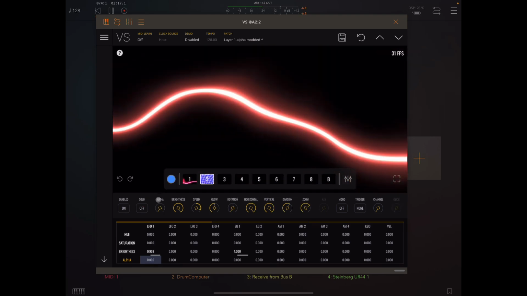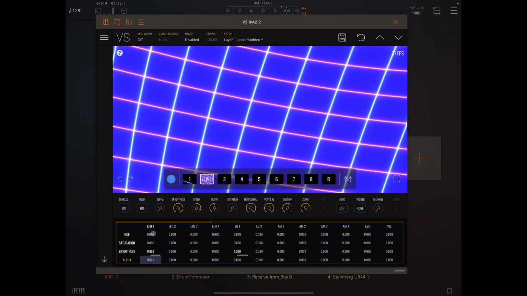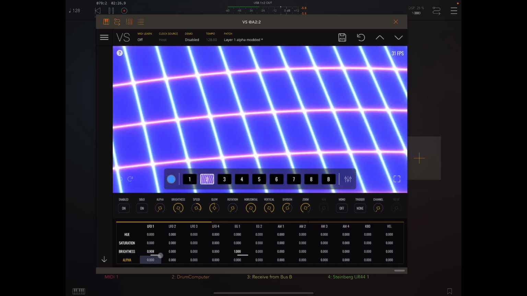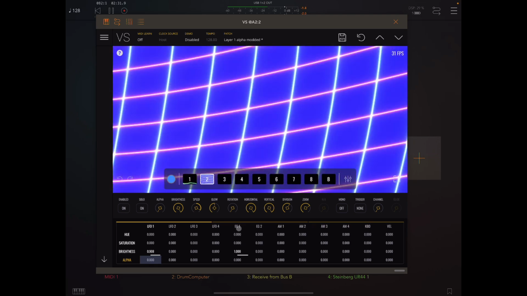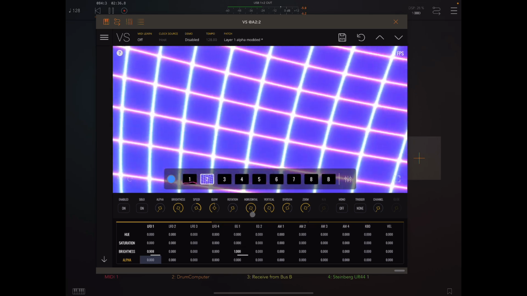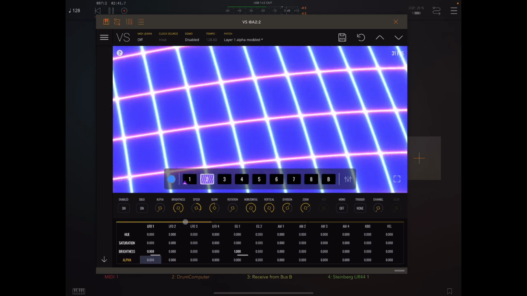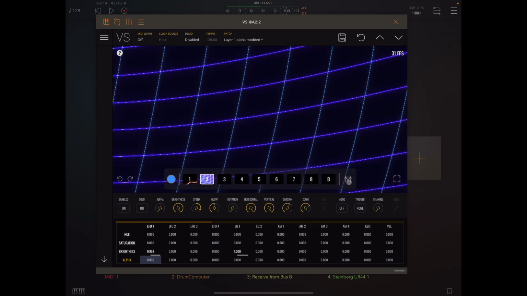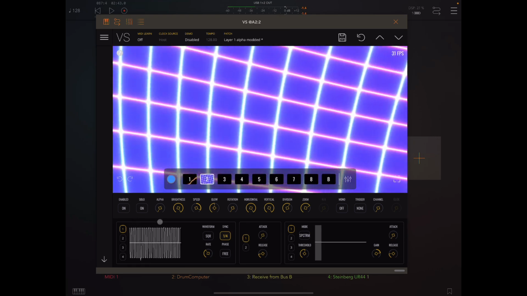Okay, let's go into layer 2. Let's just solo layer 2. Let's take a look at the matrix. So brightness is being modulated by LFO1. Also by envelope generator 1. So remember, by default, that is connected to the MIDI, so it will respond to the MIDI. Let's go through and see if anything else is being modulated. No. Okay. So we click back on this and we'll get back to the LFOs part,